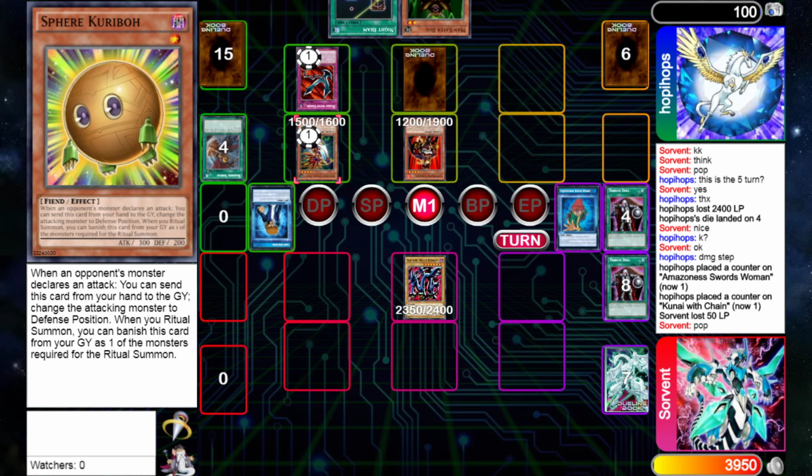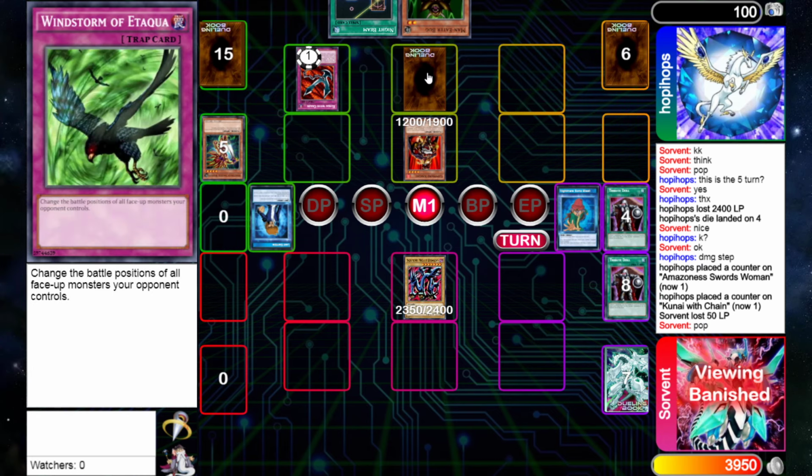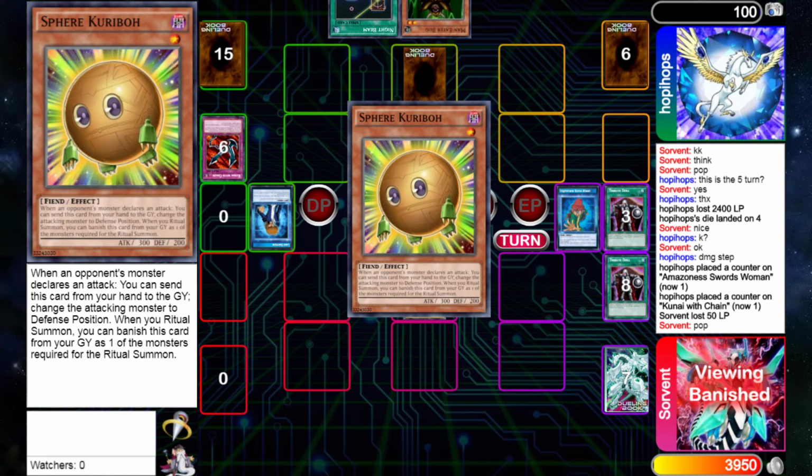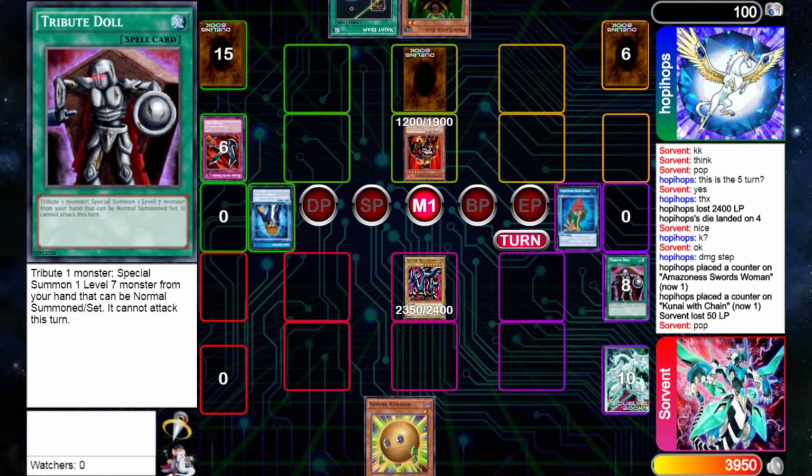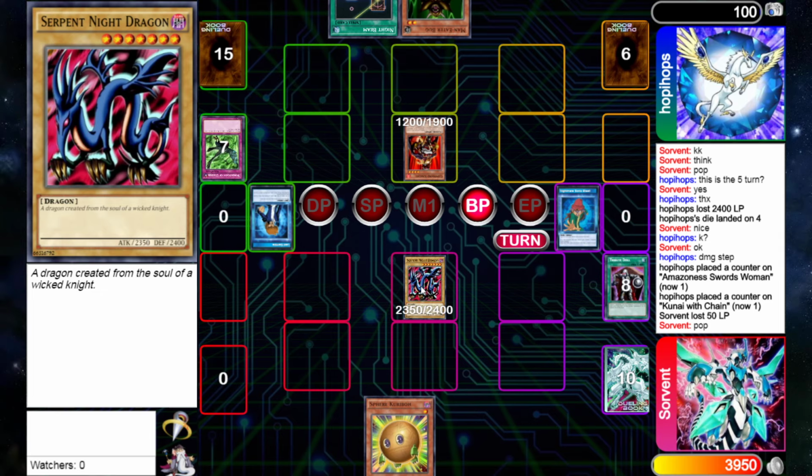We're going to go ahead and pop the Amazon Swordswoman, and then we're going to add the Sphere Kuriboh, and then we're going to stack the top of our deck so we can obviously draw a spell card on our next turn. We're going to declare an attack with the...